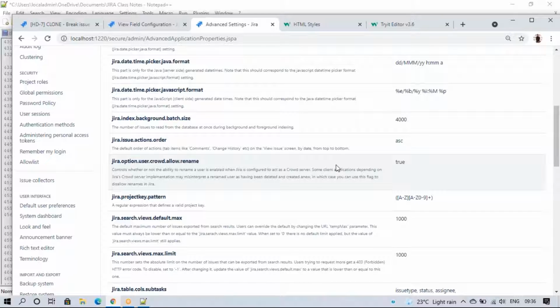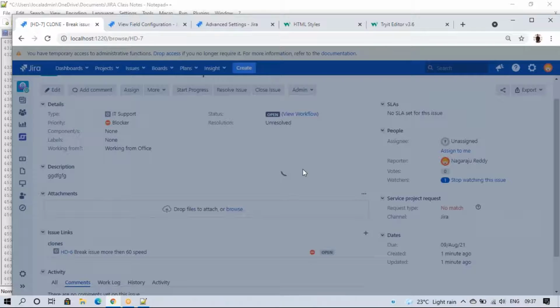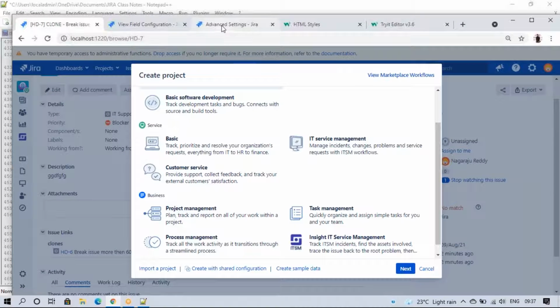So this is LDAP integration, so we can edit the name from here. And project pattern A to Z, 0 to 9. See, when we are trying to create any project, we need to enter the standard names. Example, like if I click on